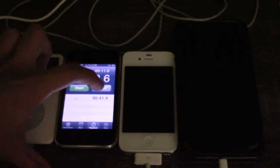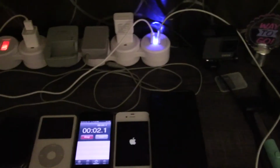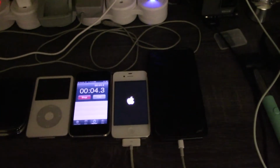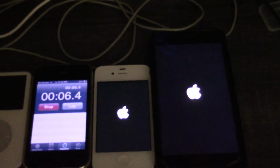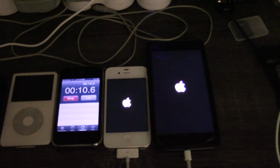So this is from the last time. As you can see, I connected to a power hub. The switch is off right now. As soon as I push start, I'm gonna press it 1, 2, 3, and these phones are powering on. It's been a while now. So it looks like the iPhone 4S went to the loading screen first, which is the Apple logo first,